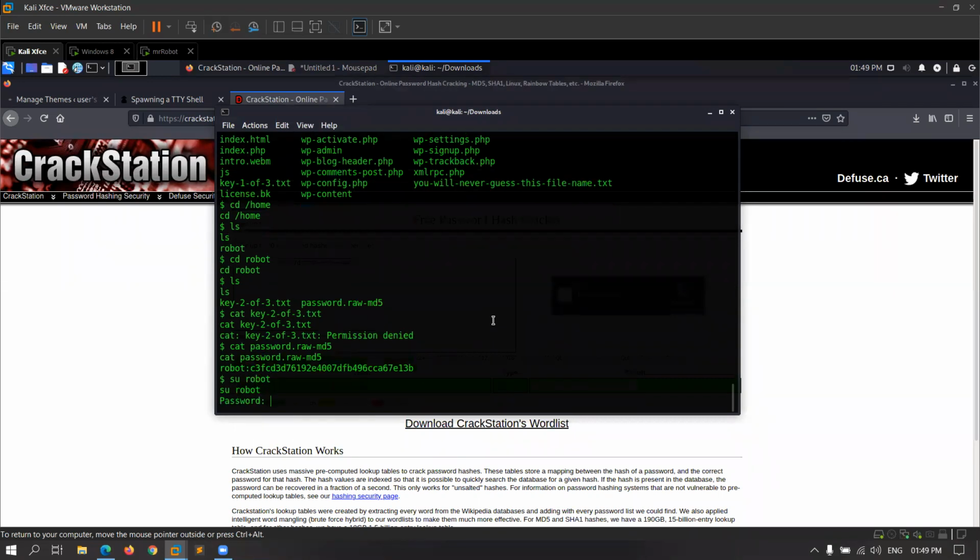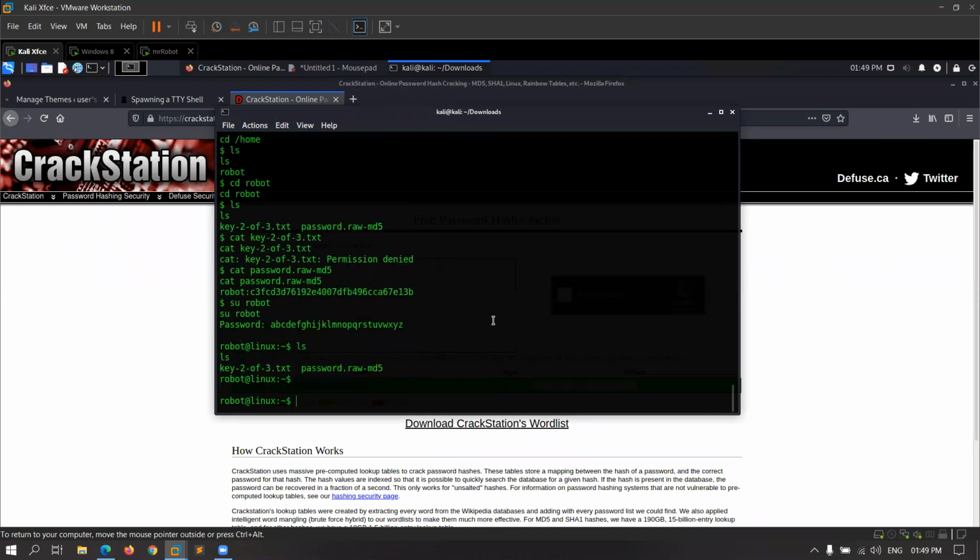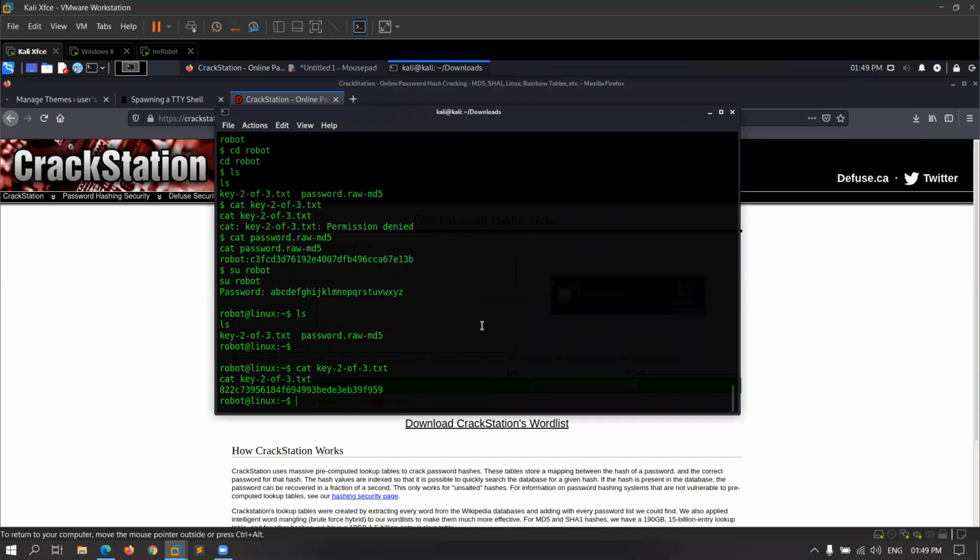We have copied the password, hit enter. You can see now I am robot at Linux. So I am in the robot file system. Now I can read the file key-2-of-3.txt, and this is my second key.